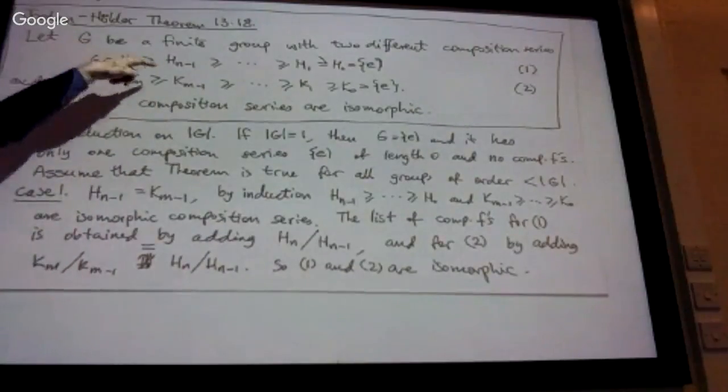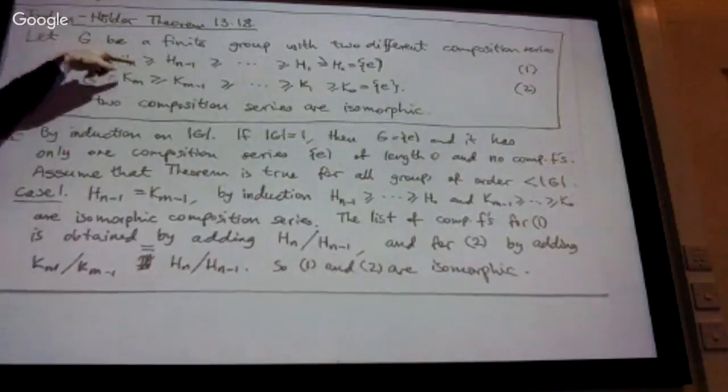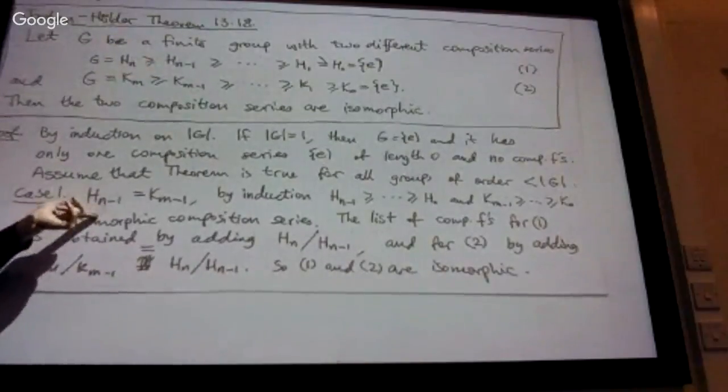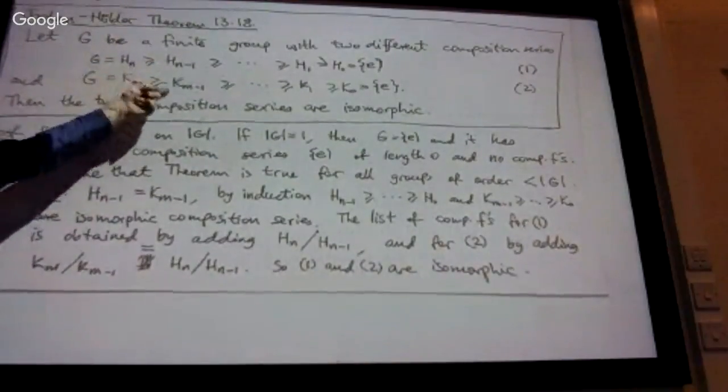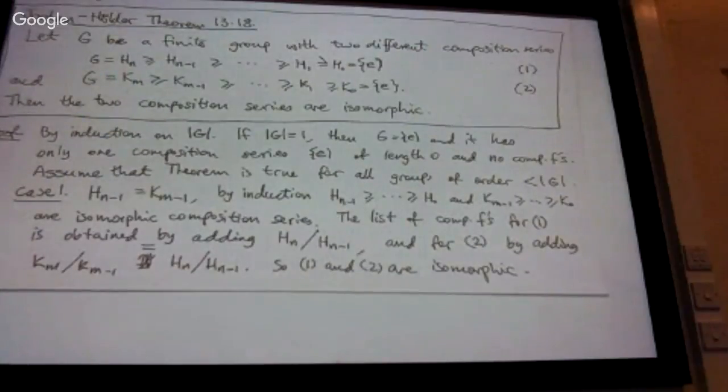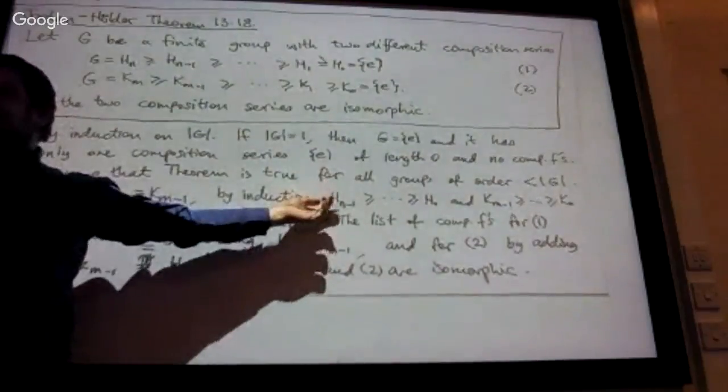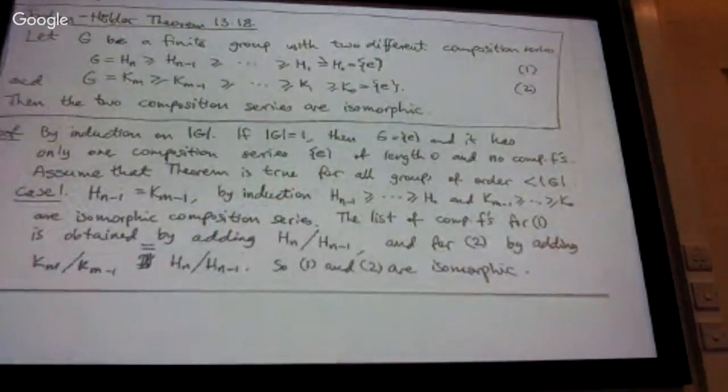Because those are both G, and those are the same by the assumption in case one, that factor and that factor is exactly the same group. So when you add it to the common list of composition factors, you always get the same list of composition factors,